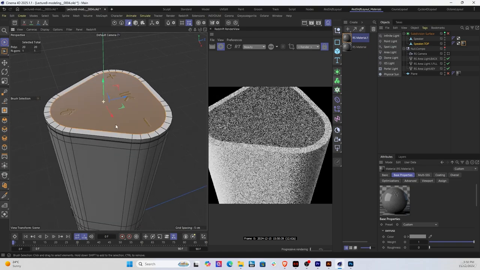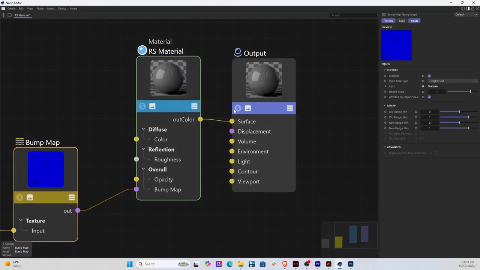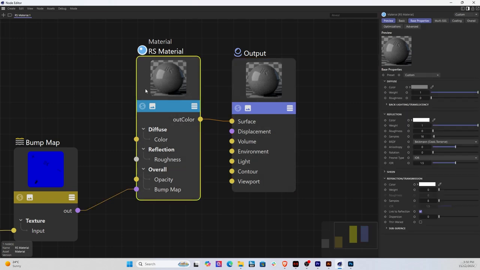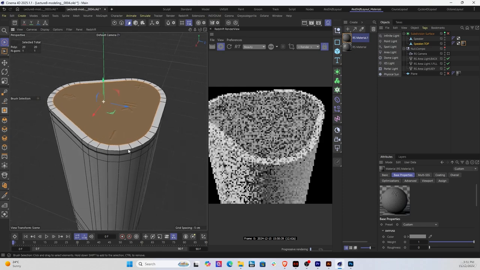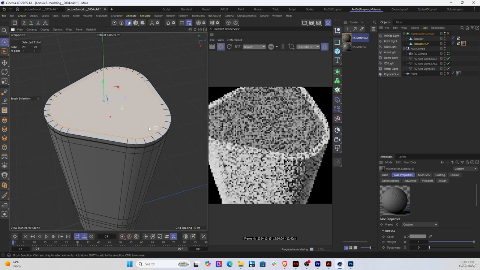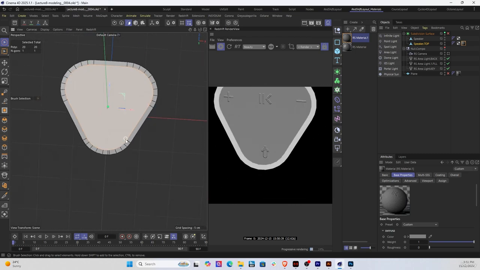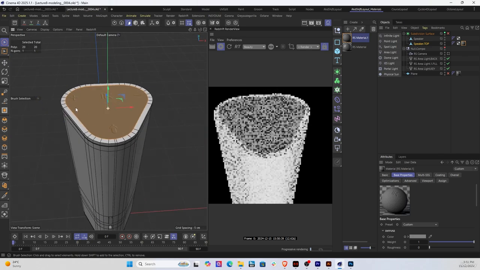Okay, now I don't really like this reflective texture, so I'm going to go back into the RS material, and just by clicking the RS material, I'm going to reduce the reflection so it's a little bit less reflective, so it's not bouncing all the light. So here it is. So that's the bump map that we've just applied. Now, as I said, it's not quite centered, right? So we could probably do some more work around that, but for what we're trying to achieve here,